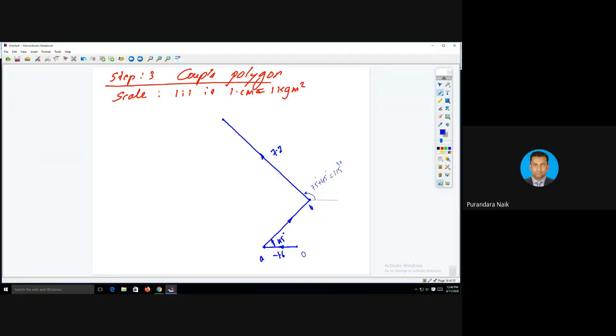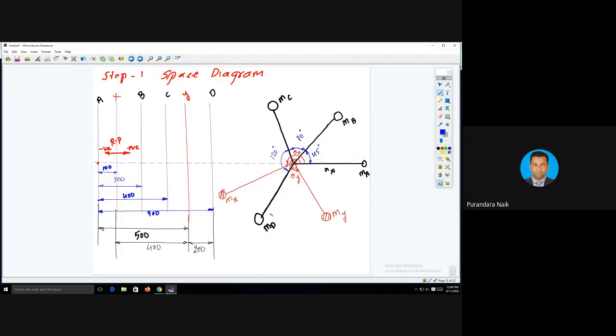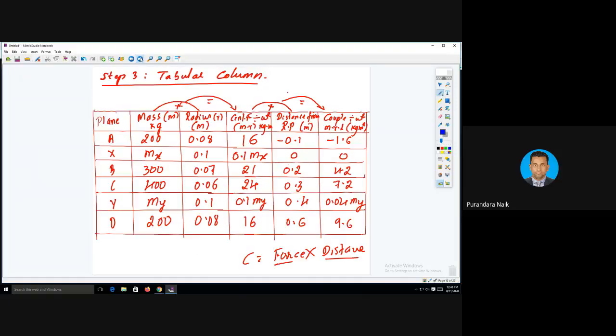Next, again you need to draw a reference line, positive x-axis. Now this point is C. We need to measure the angle of D. Angle of D is here. This is 120 from C, 115. Means we need to add all the angles: 120 degree, 70 degree, and 45 degree. Total angle will be 235. What is the length? Length is 9.6. You forgot about this mass, you just go to the next one. 9.6, D. Angle is 235.